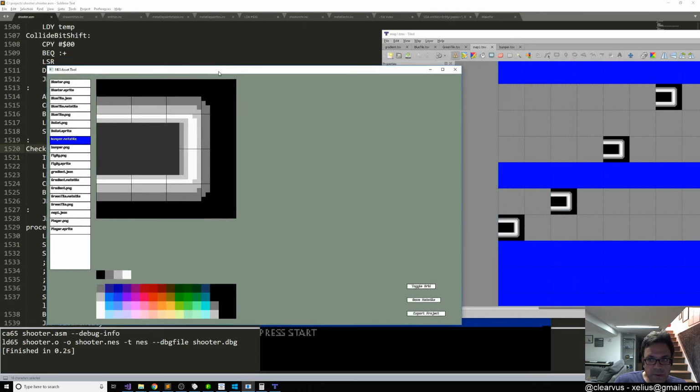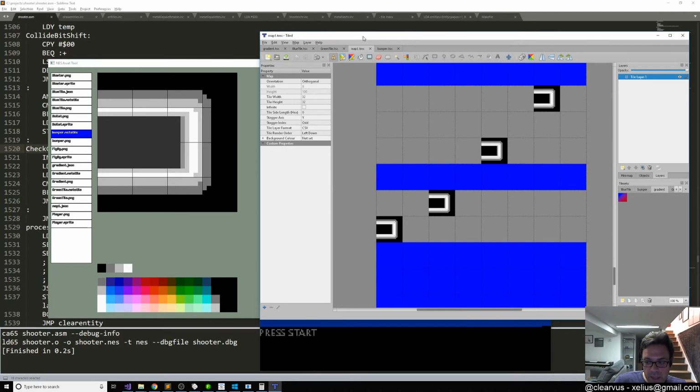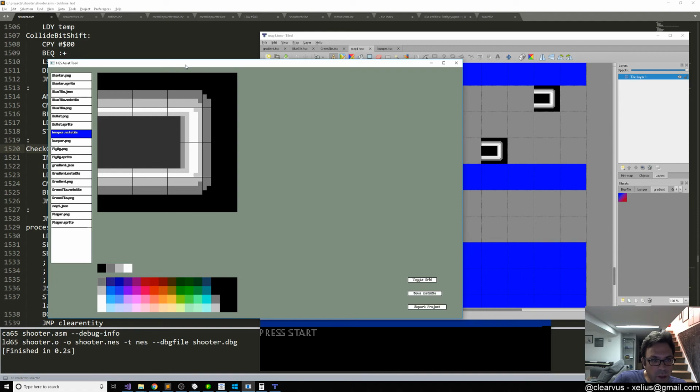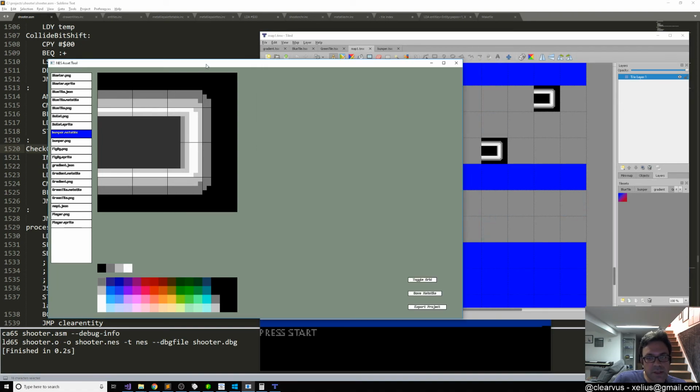That's the nice thing about the way this is working now: it is 8 by 8 tile collision, but we've optimized it in a certain sense because we are not always looking at every meta tile or every individual tile. Our map isn't a raw map where we're using only the 8 by 8 tiles that